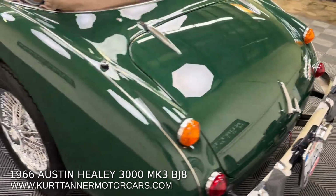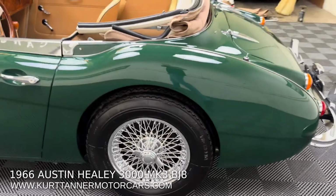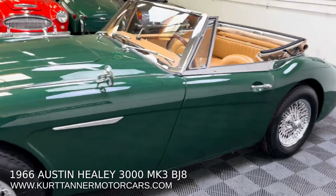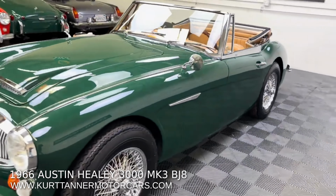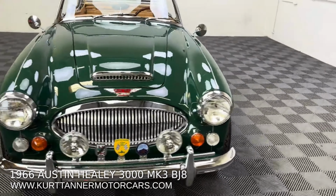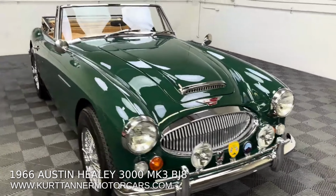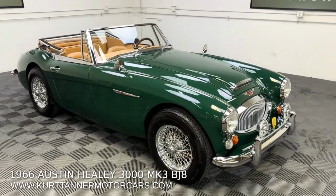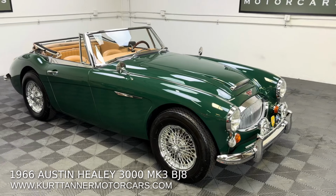Do a final walk around here. This is just a stunner of a car. Look at the undercarriage photos. Check out our driving video and have a really good look at all the images that we posted for this one, because it really is just a perfect turnkey, off you go, absolutely fully restored, beautiful